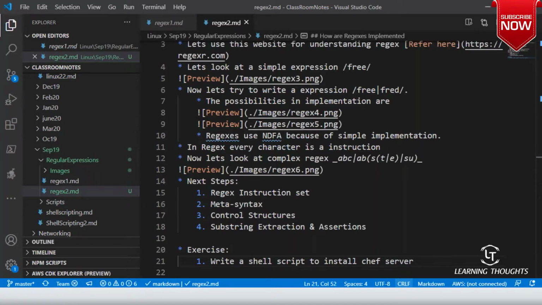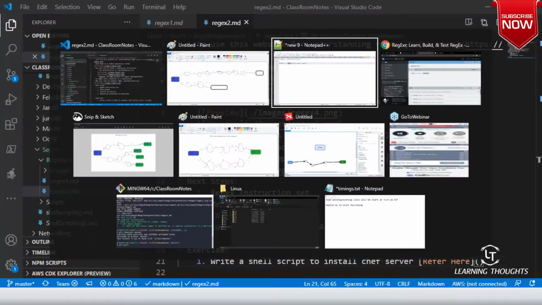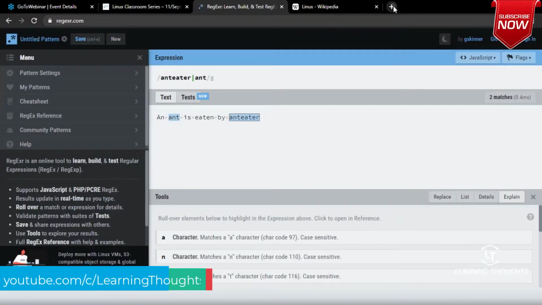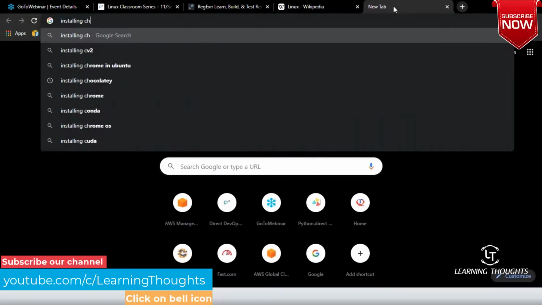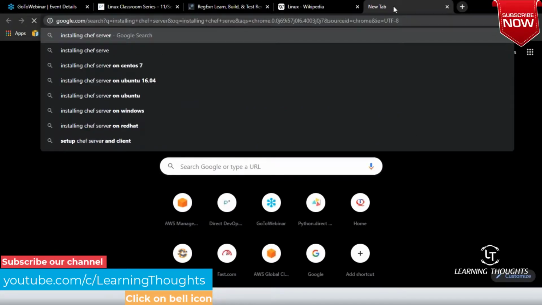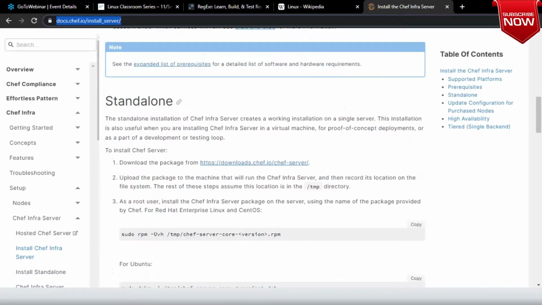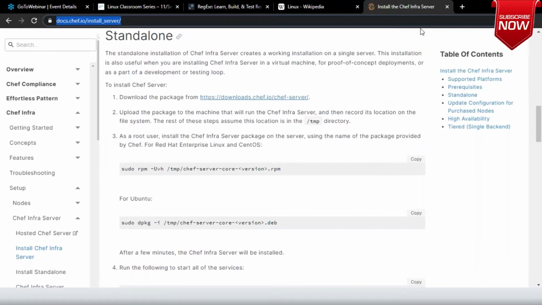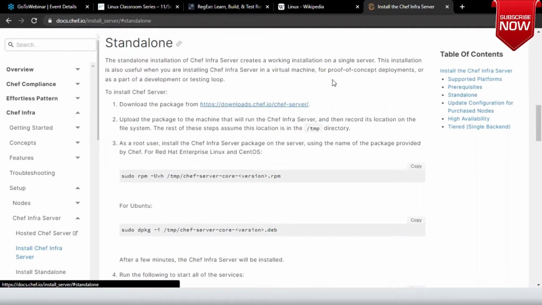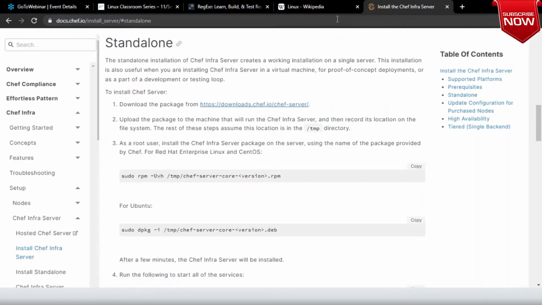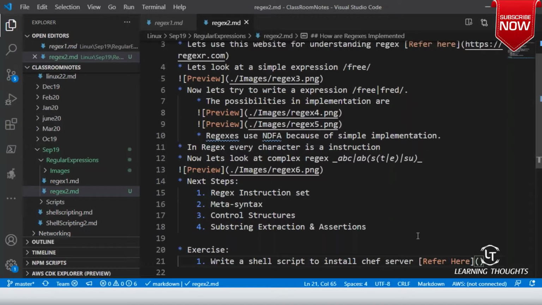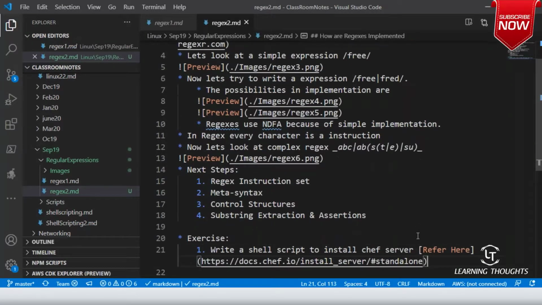I have already written it, but I'll give you this. Don't worry about what this Chef server is. You will see some instructions, and I want you to implement these. It should work for both Red Hat and CentOS machines.